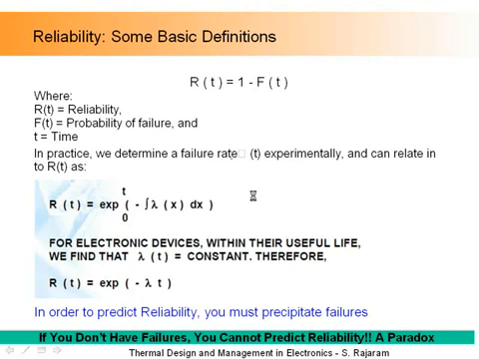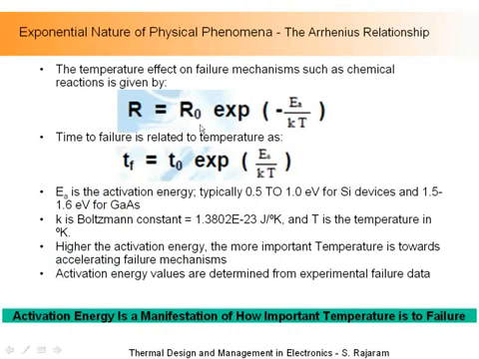All right, so what is the impact of temperature on failures? So we all know from our basic classes and fundamental class in chemistry that chemical reactions can be written by a relationship which is exponential in nature called the Arrhenius relationship, which says that it is dependent upon a parameter e to the power of minus EA over KT, where EA is called the activation energy, K is the Boltzmann constant, and T is the absolute temperature.